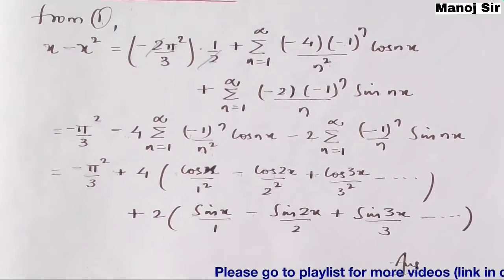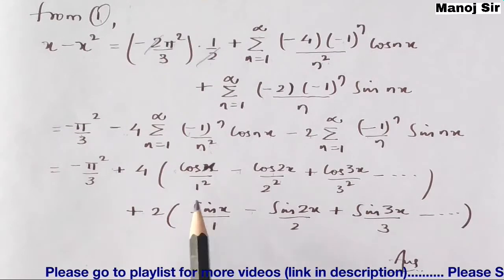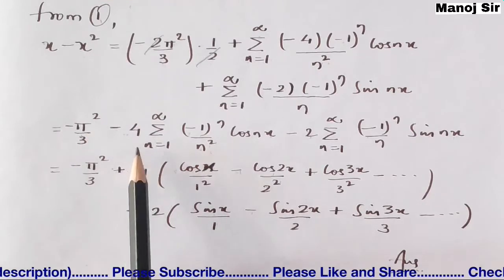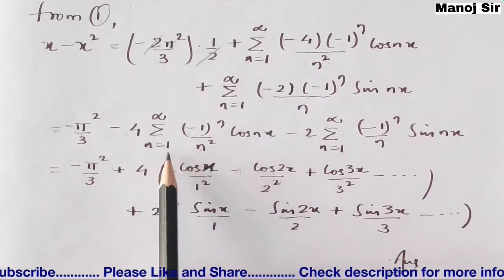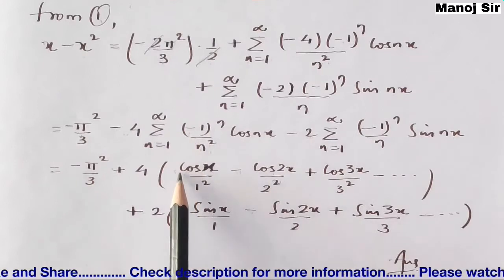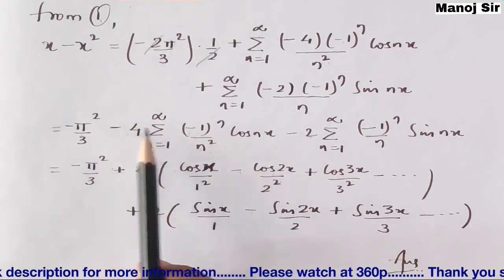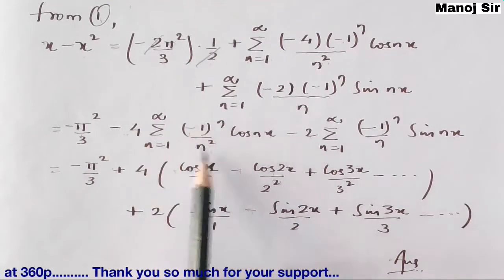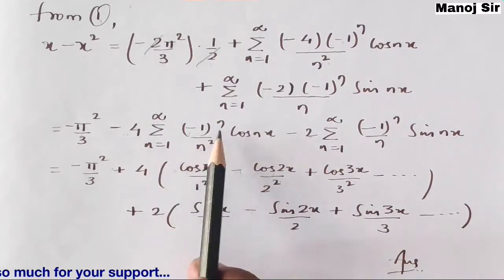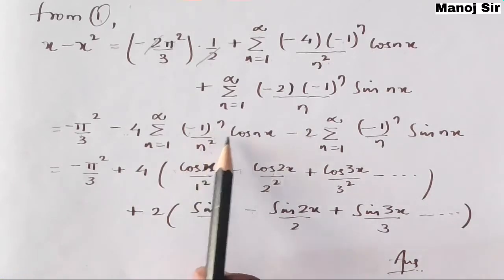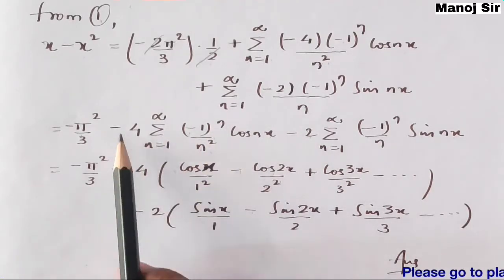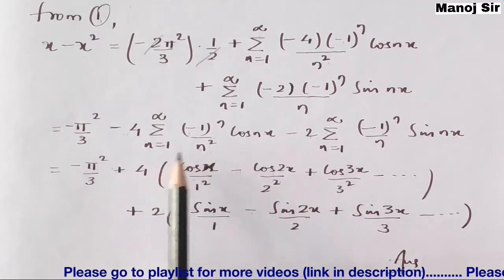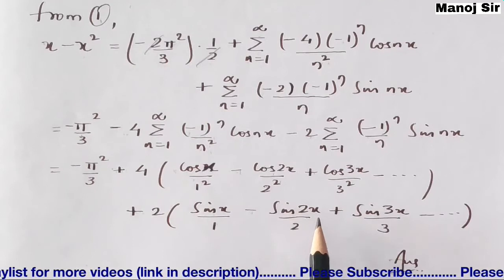Now if you simply put the values n equals 1, 2, 3 and so on, you will get this series. If you put n equals 1, this is going to be minus 1. If this is positive, then we can take minus common, so this is going to be positive. Put n equals 1, you get the first term as negative. If you put n equals 2, the second term will be positive, so we take negative common so that the first term becomes positive and the second term becomes negative. In this way we can write this series.